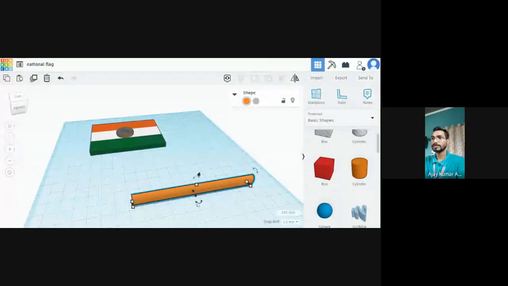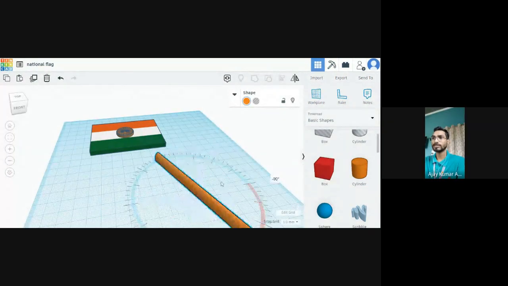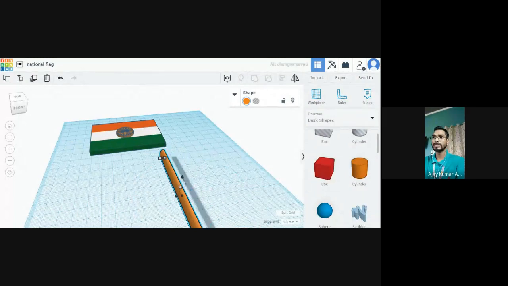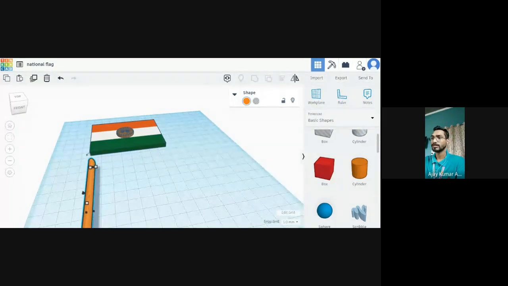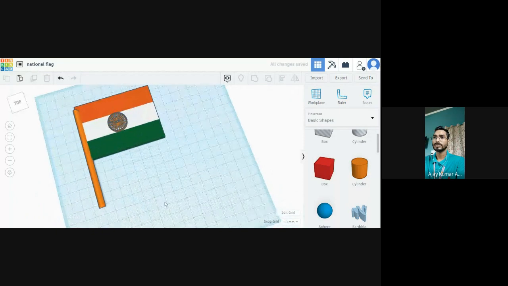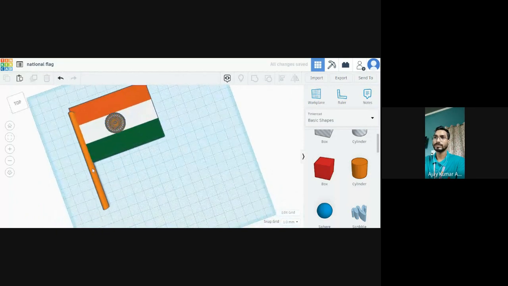You can choose it and just make it angular deflection like this one and drag it from here and just move it to the flag one. Okay, so you can just see the top side, like this.